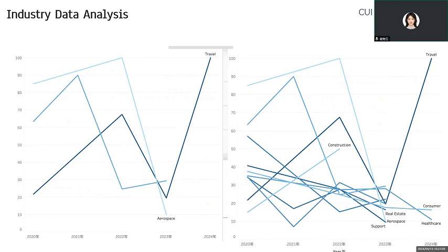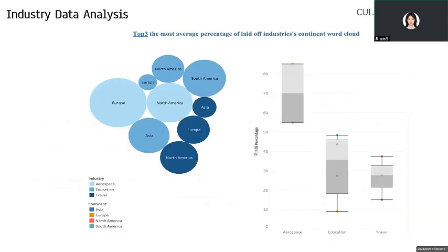Okay, the next page. We know the layoff situation among different industries, but we still don't know if it applies specifically to our country. So let's find out the continent division in different industries with the most layoffs. For example, we would be surprised if travel were one of the industries with the most layoffs, since we know everyone in our country prefers traveling recently, but we can find some results from the division